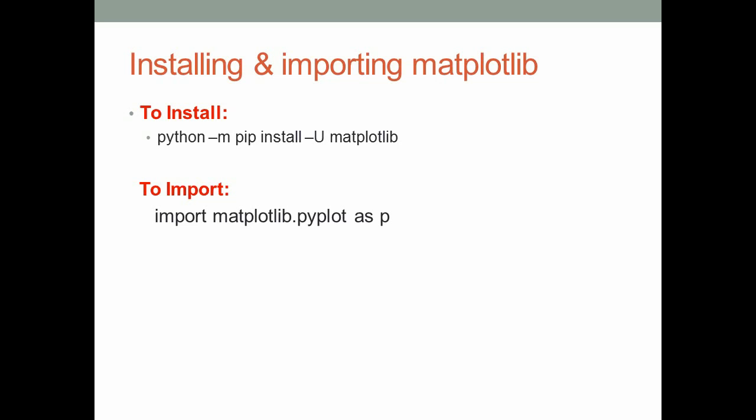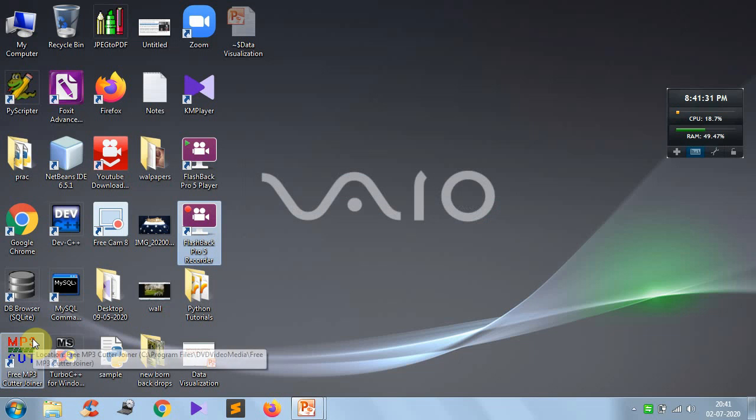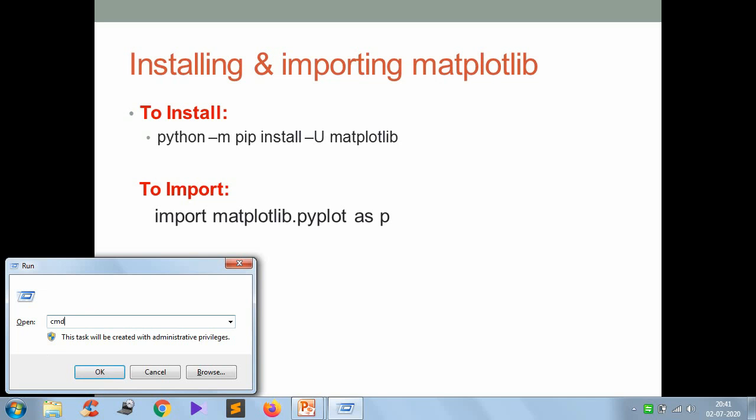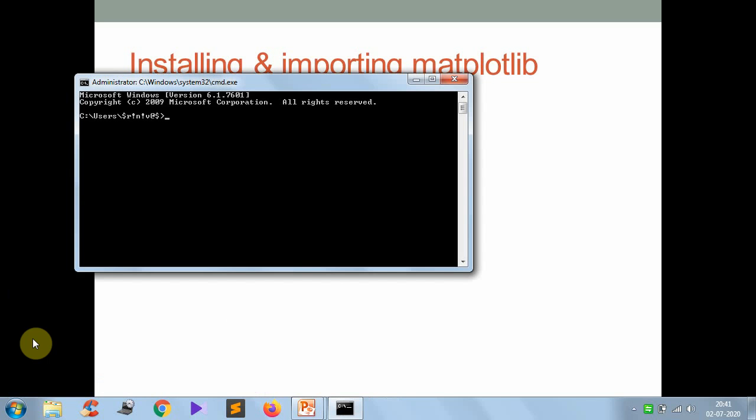So let us see how to install the matplotlib library on your computer. First open Run and type cmd. Now here type python space -m space pip space install matplotlib and run.